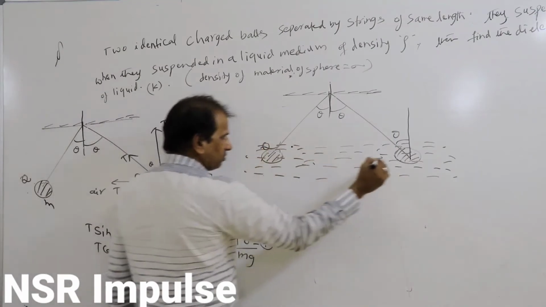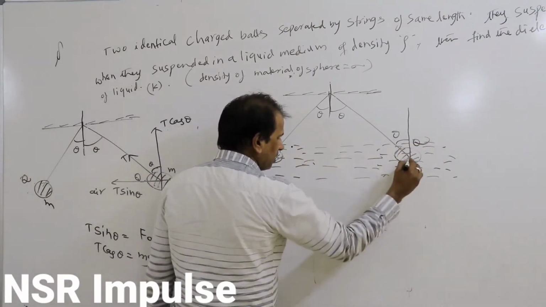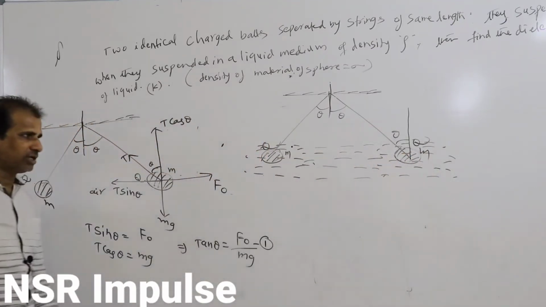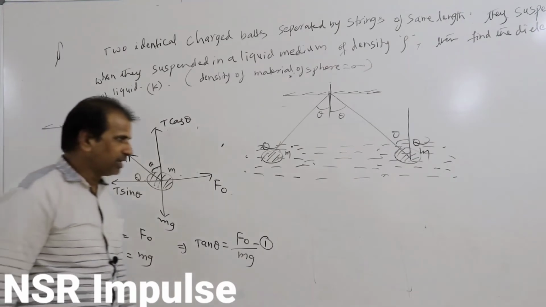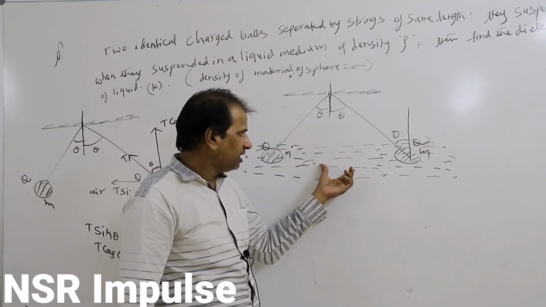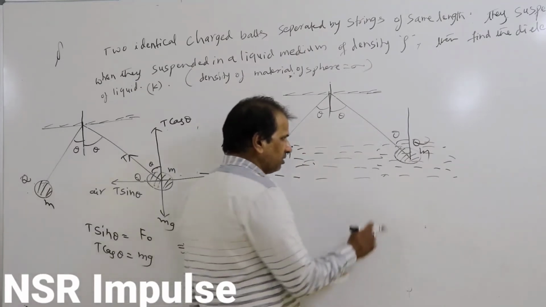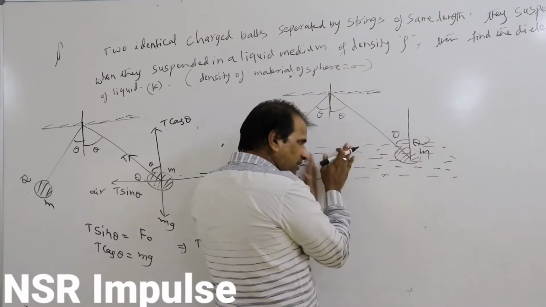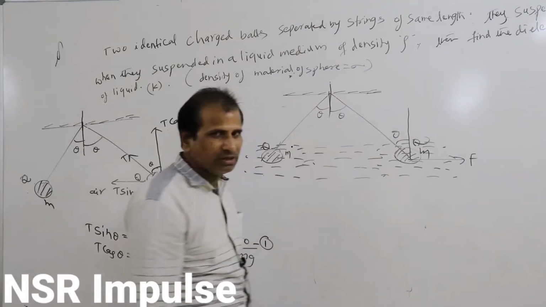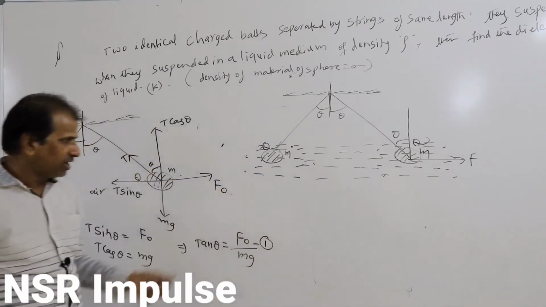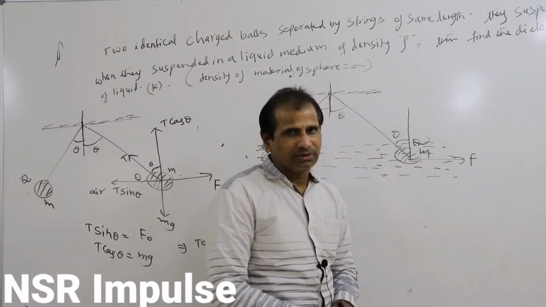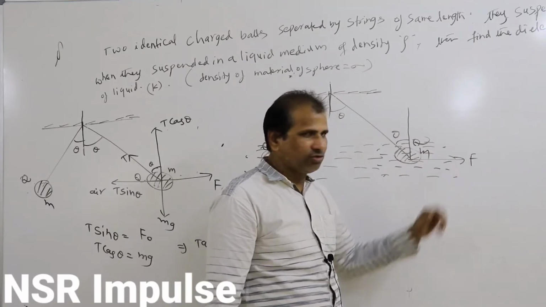This is charge Q, it is also Q. Mass is the same, M, and this is M. Same mass, you can consider. So what is going to happen here? Charges are kept in a liquid medium. So the medium is changed. Charges are the same, so they get repelled out, but the force changes. That force you consider as F. Earlier the force in air medium is F0, the Coulombic force. In liquid medium, the Coulombic force is F.